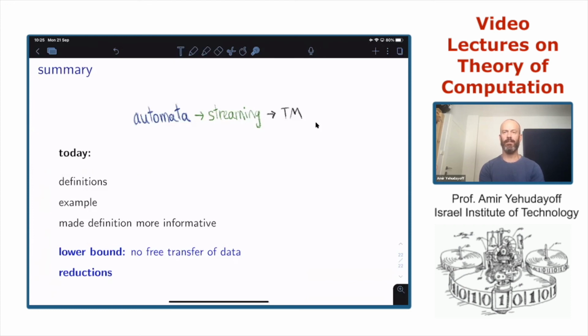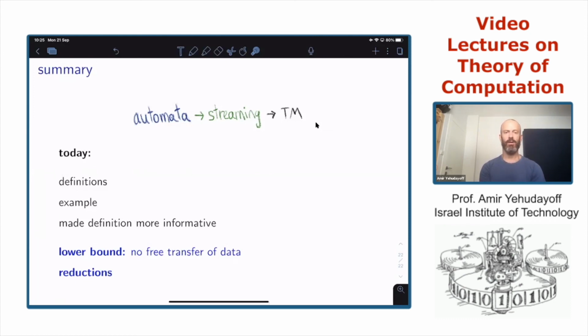Streaming adds the element of time into the world of finite automata. Today we defined the model formally using sets and functions in mathematics. Then we focused on one specific example to try to understand the definitions.